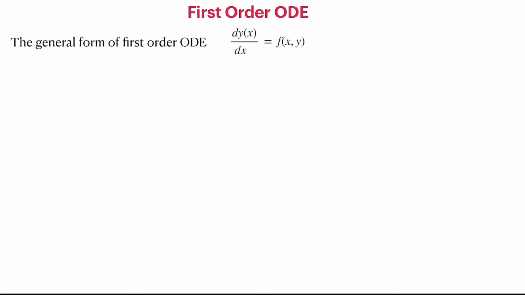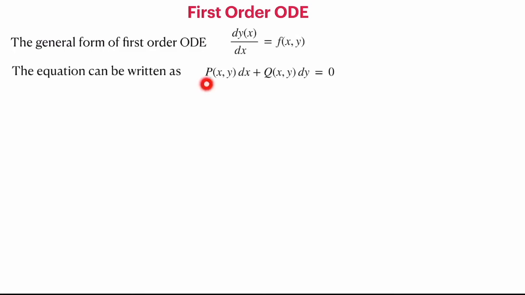The general form of the first order ordinary differential equation is given as dy by dx is equal to f of x, y. f of x, y is an arbitrary function of x and y. Usually the canonical form which we are used to is written as p of x, y into dx plus q of x, y into dy is equal to 0. So this is a form we generally encounter, and let's look at some of the methods of how to solve